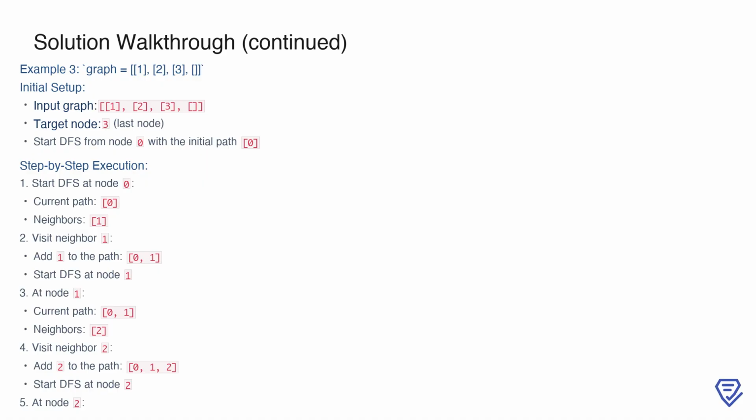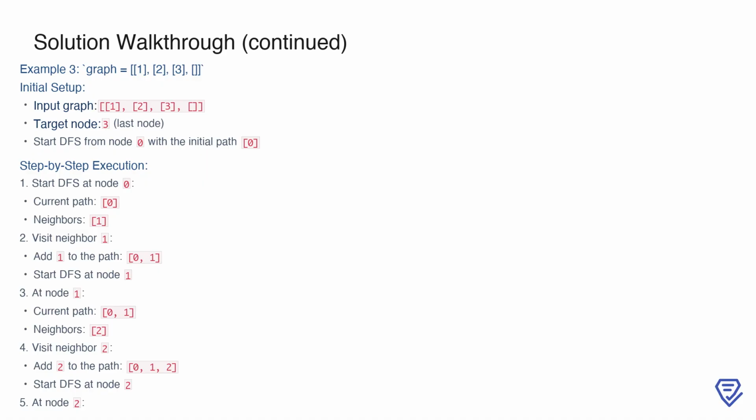Here, the target node is 3, and we start the DFS from node 0 with the initial path 0. Node 0 has only one neighbor, node 1. We add 1 to the path, making it 0, 1, and proceed to perform DFS from node 1. At node 1, the current path is 0, 1, and we see that it has one neighbor, node 2. We visit node 2, adding it to the path to create 0, 1, 2, and then start DFS from node